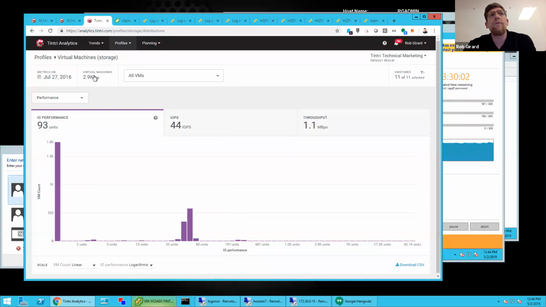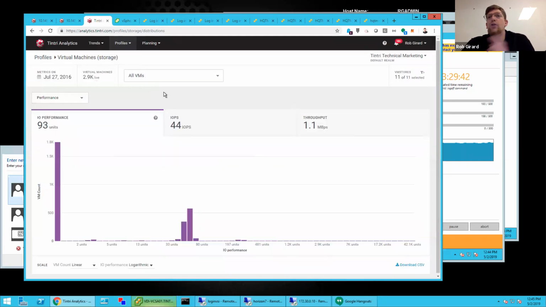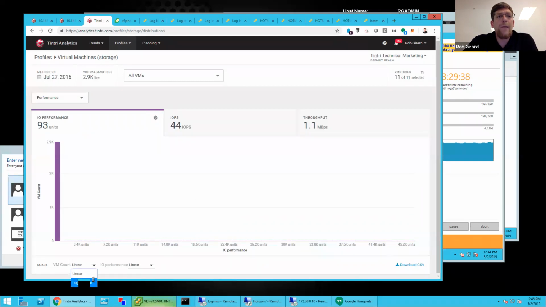And it shows us that out of our almost 3,000 VMs, almost 2,000 were sitting there idle, not very helpful. We've got a number of them sitting in this range here. There's 345 in this range and 577 in this range. And if I click in, I can see what they are. And these ones happen to be View desktops. So I came in focused on a time where I remember doing some VDI work leading up to VMworld. And so here we've got some of these Login VSI tests running, and those stood right out on the performance timeline. If I were to change some of this around, logarithmic,